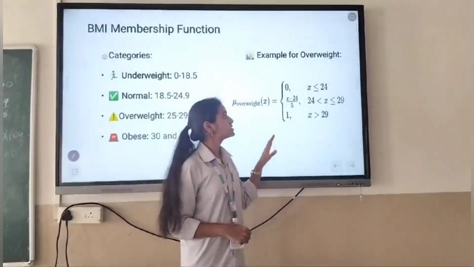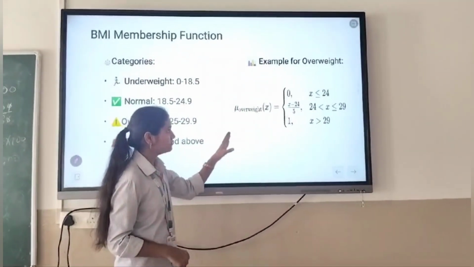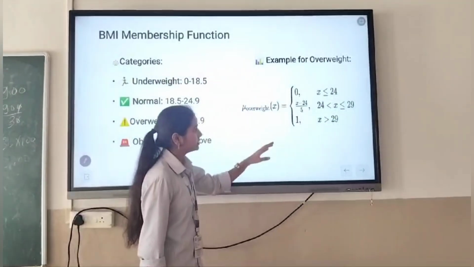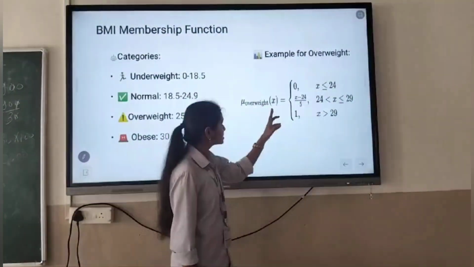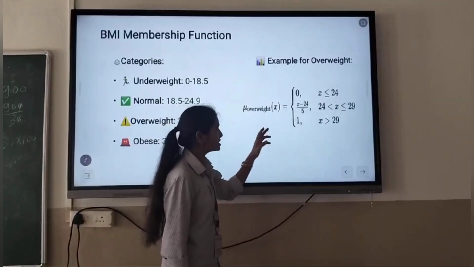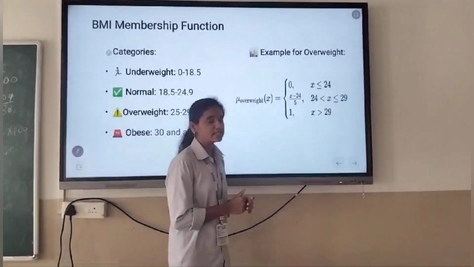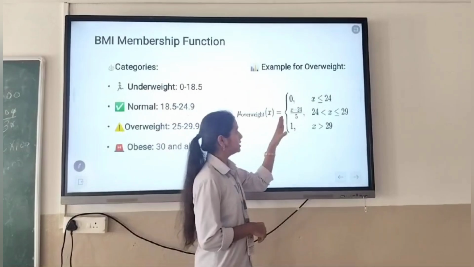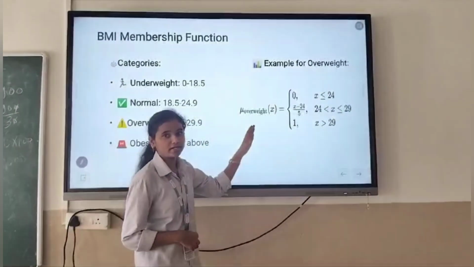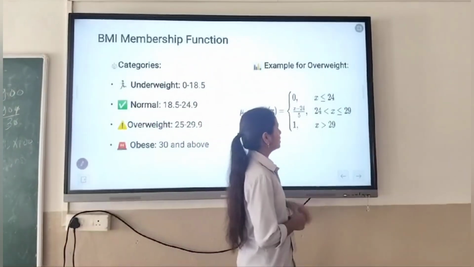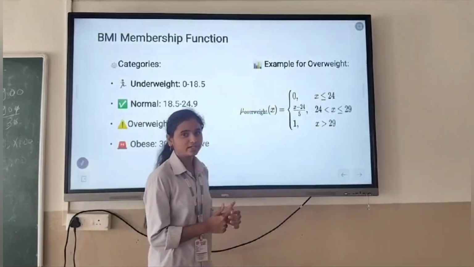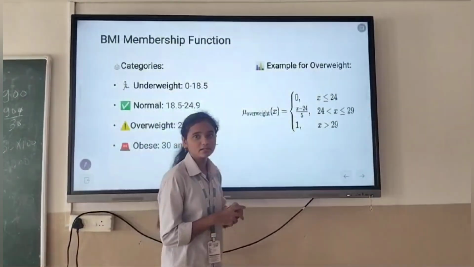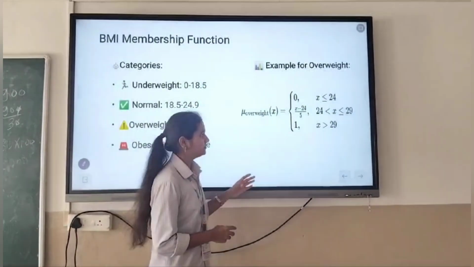And see, here is the membership function for overweight. X is representing the body mass index. If body mass index is less than or equal to 24, then it is not considered overweight. And if X is from 24 to 29, it means it is partially overweight. And if the